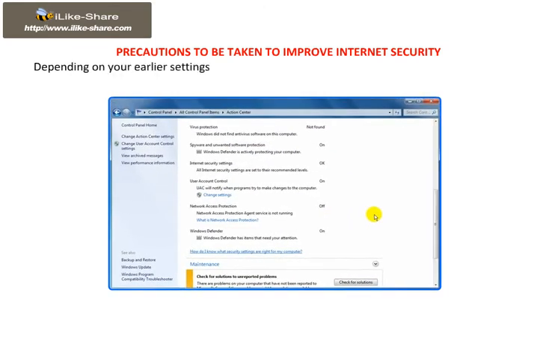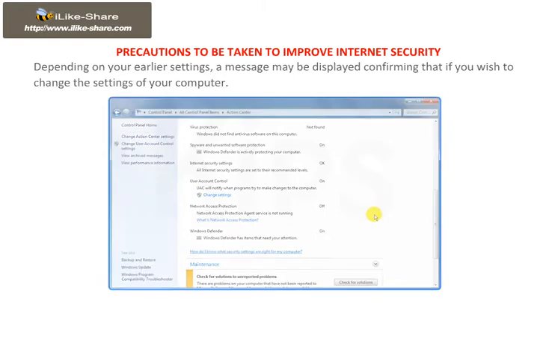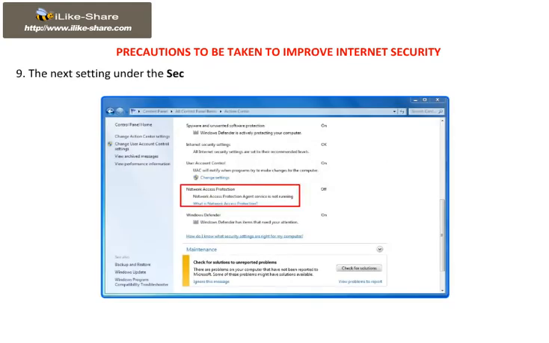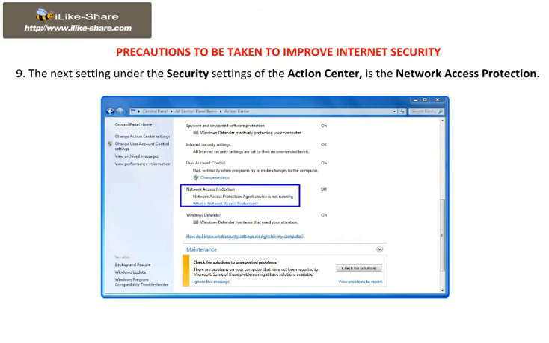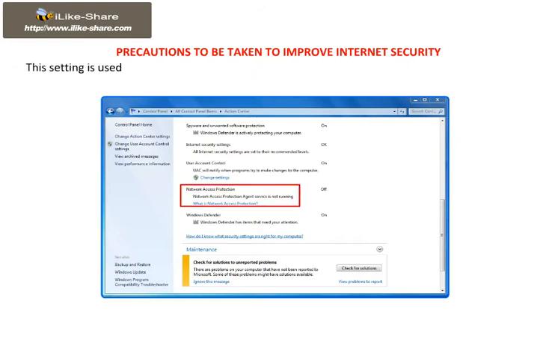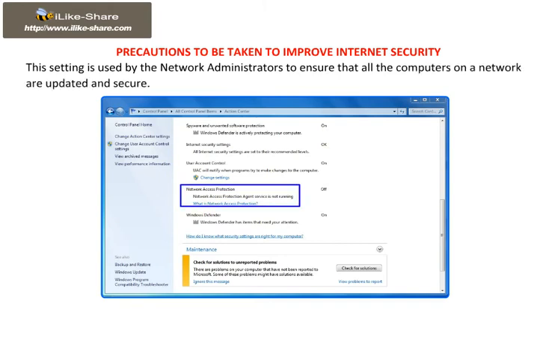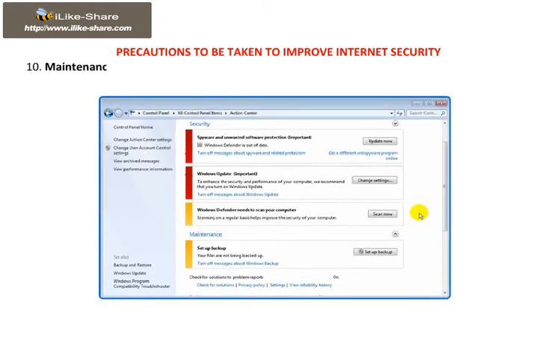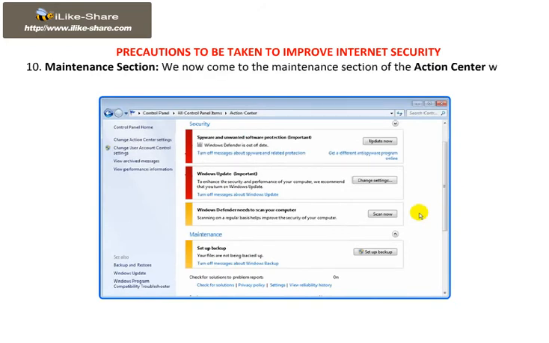Depending on your earlier settings, a message may be displayed confirming if you wish to change the settings of your computer. The next setting under the Security settings of the Action Center is the Network Access Protection. This setting is used by the network administrators to ensure that all the computers on a network are updated and secure. We now come to the Maintenance section of Action Center where a message is already displayed that